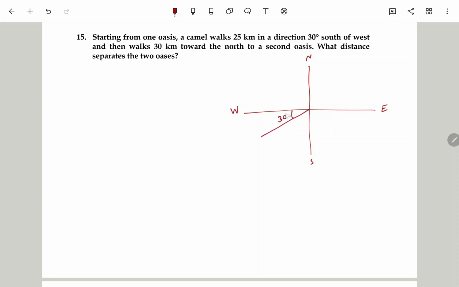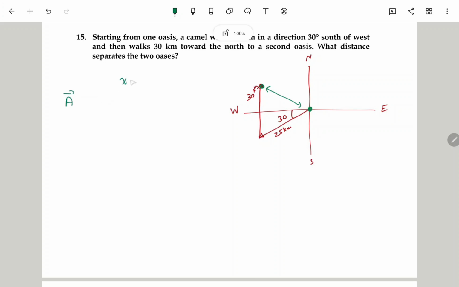So this is 30 degrees. Then it's 25 kilometers. Then walks 30 kilometers toward north. So directly toward north, this is 30 kilometers. This one here. So this is axis 1 and this is axis 2. Now the distance between the axes is actually the resultant vector in this case. So A in this case,